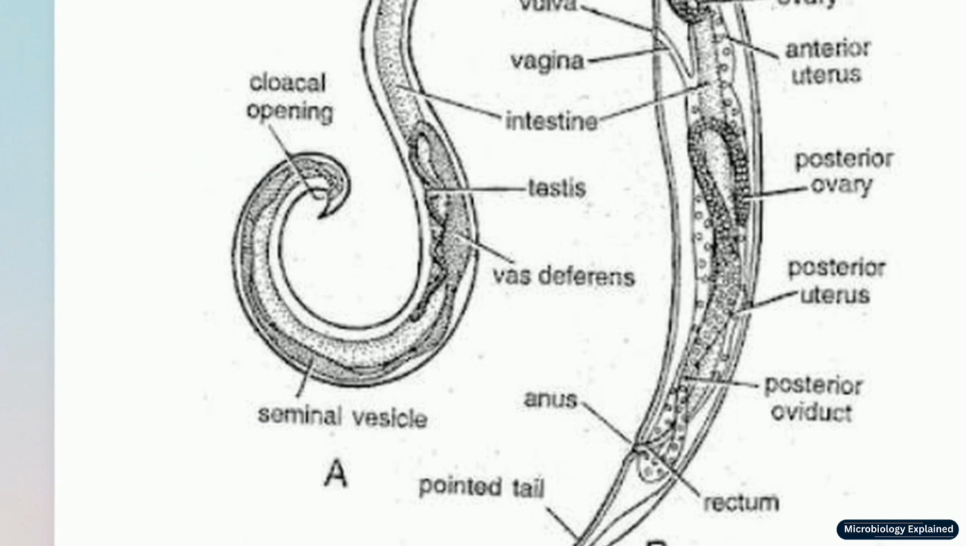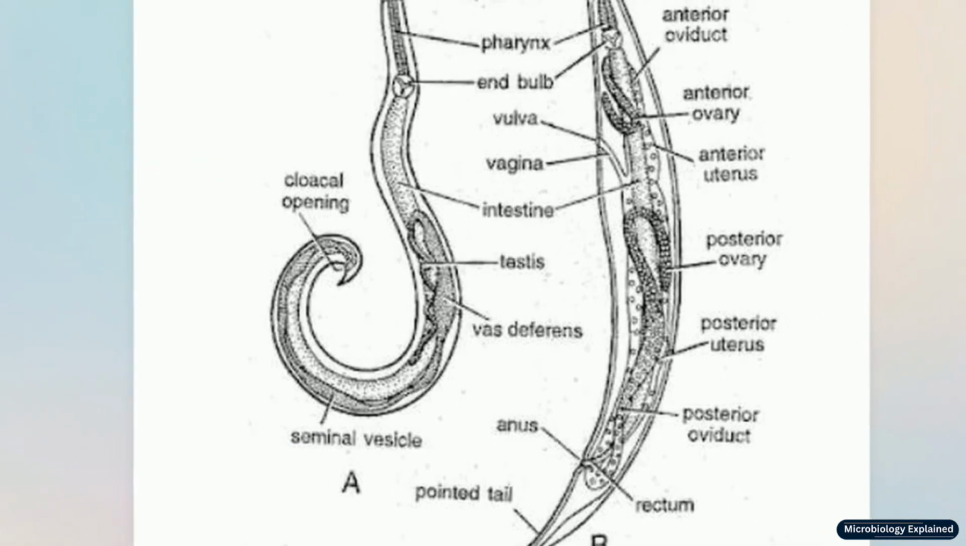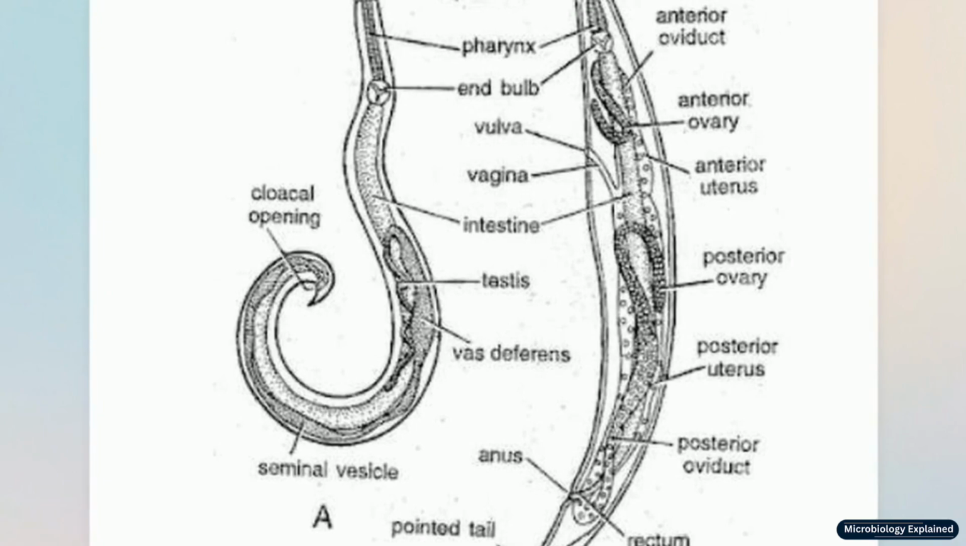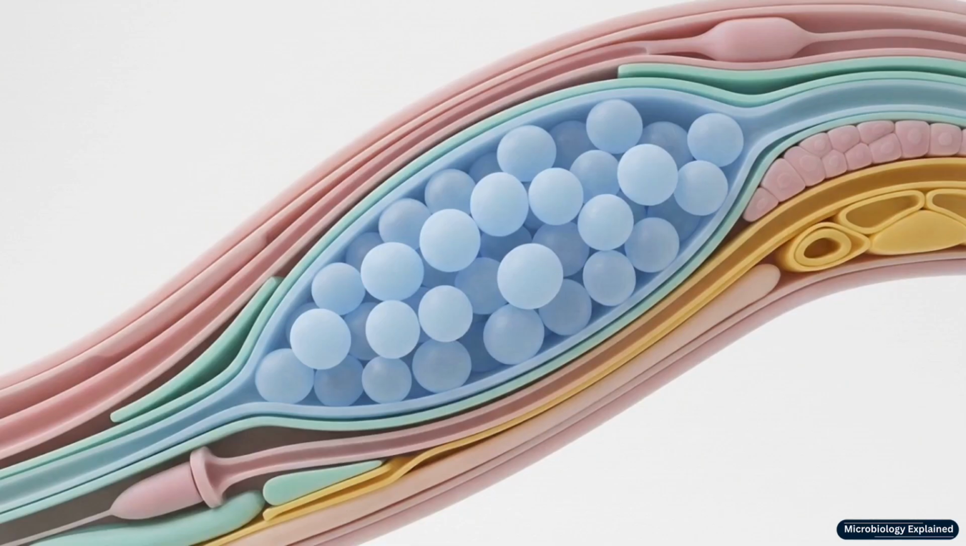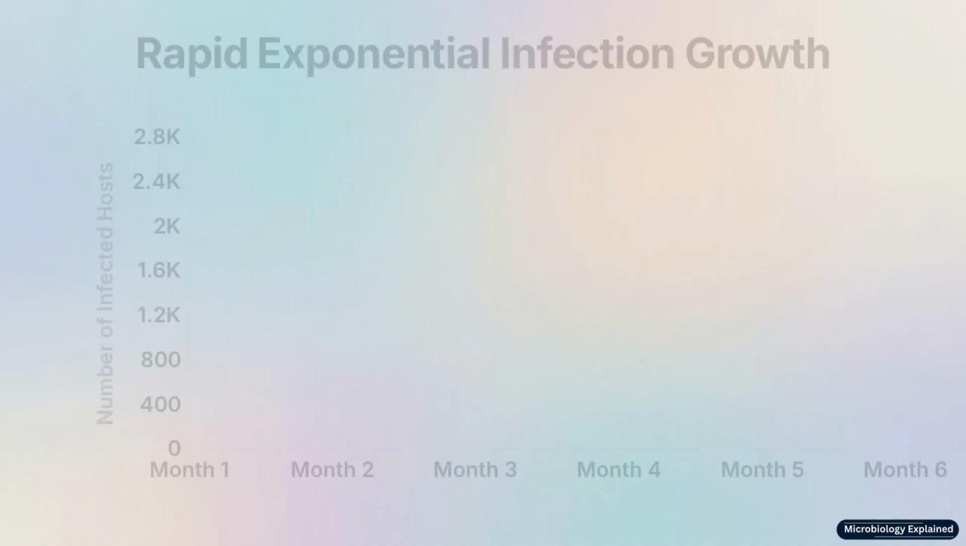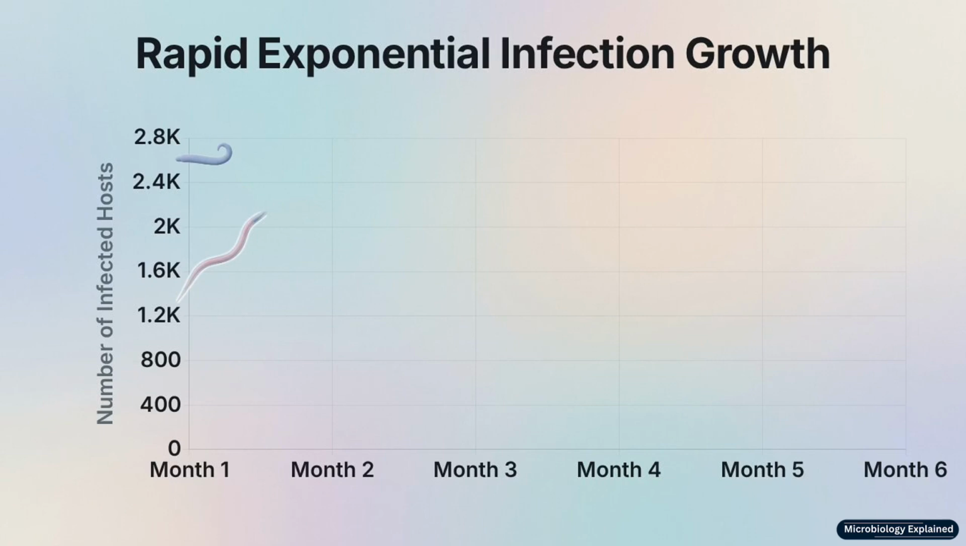Despite the size difference, the internal volume of both sexes is heavily dominated by their reproductive systems, the testis and vas deferens in males, and dual ovaries and uteri in females. The female's internal anatomy is essentially a factory engineered entirely for massive, continuous egg production. This extreme physical divergence and heavy biological investment in reproduction allow the parasite to cycle through a human host population